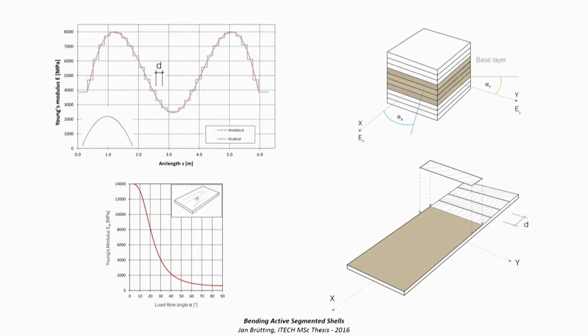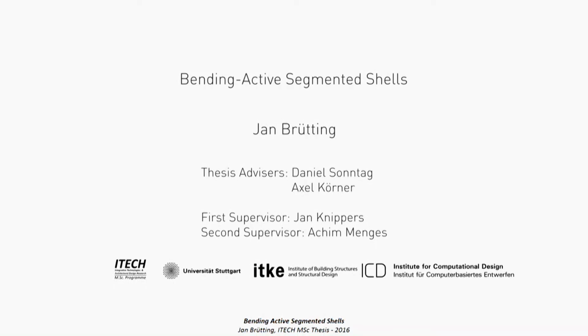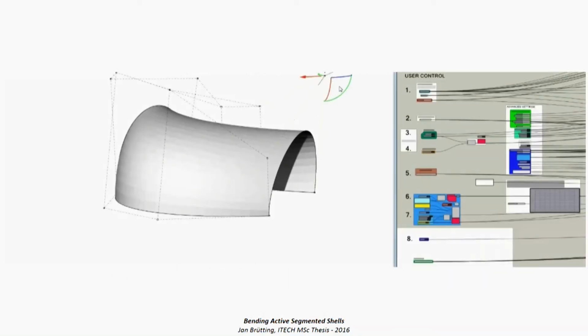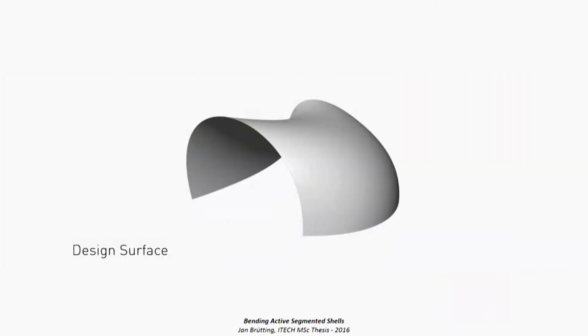tape laying method, where we have discrete elements along our strip, and we can orient the fibers in a way, and the thickness and the amount of layers to fit exactly our design criteria, and we can bend a lot of shapes. And at the end, he developed this design tool where a user can create a free-form shell structure